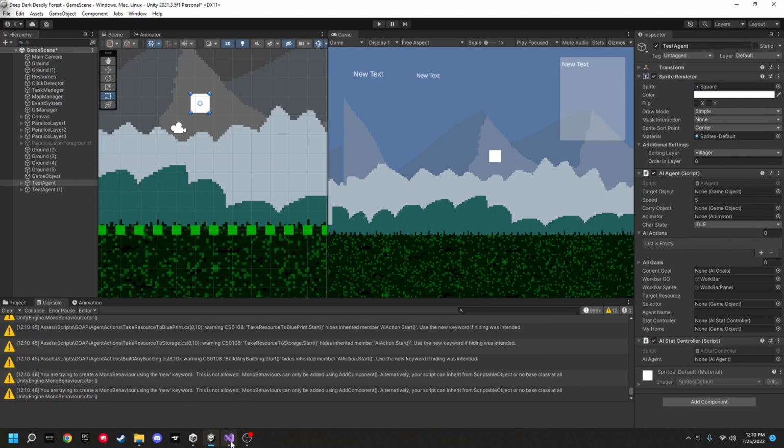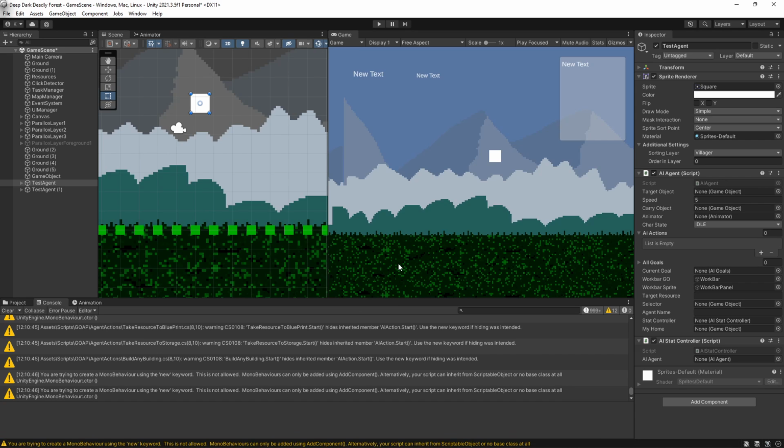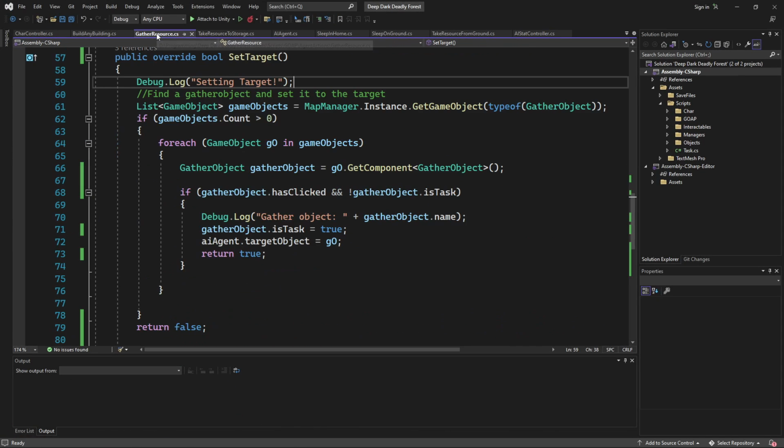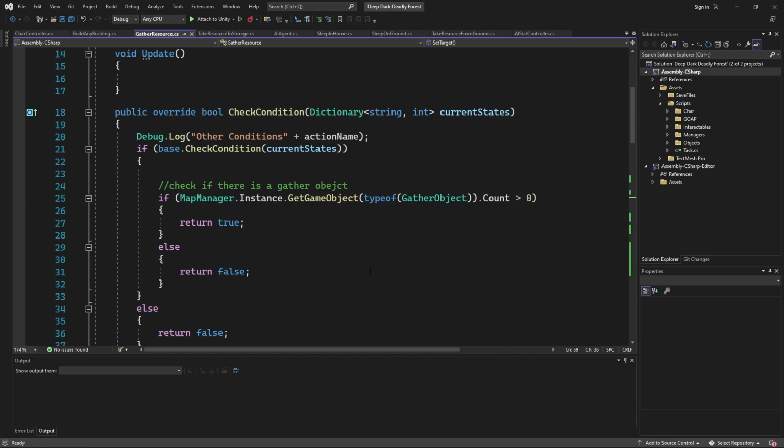And now it's not great. I feel like it's a band-aid because I still don't want the target to make a plan if we can't even get to that target. So we could have it check. When we do the gather here, let's see what it does. See here, it checks to see if there's any gatherable objects as a condition.